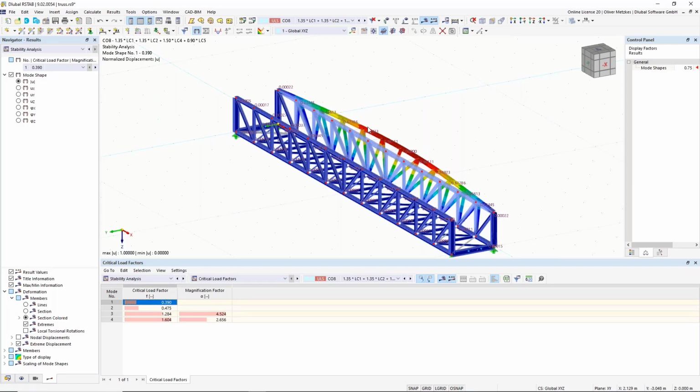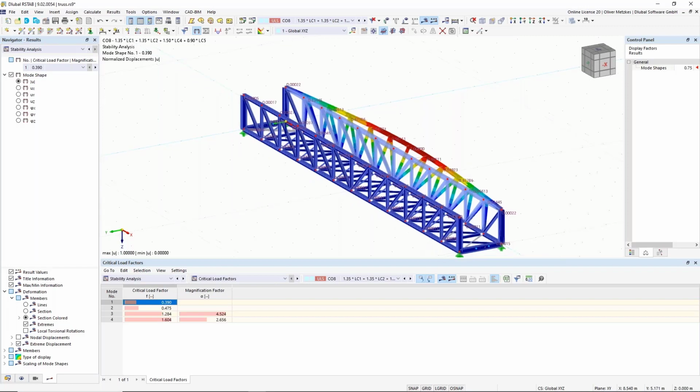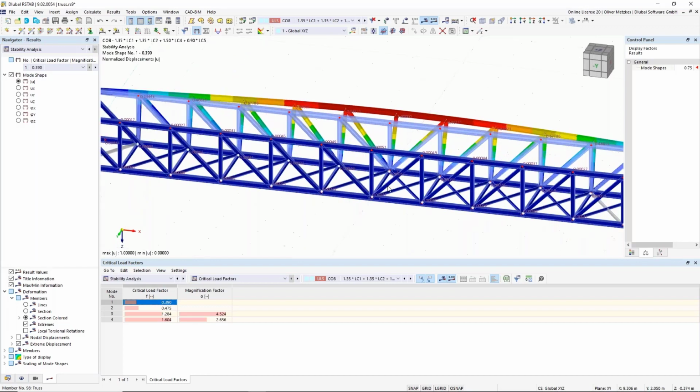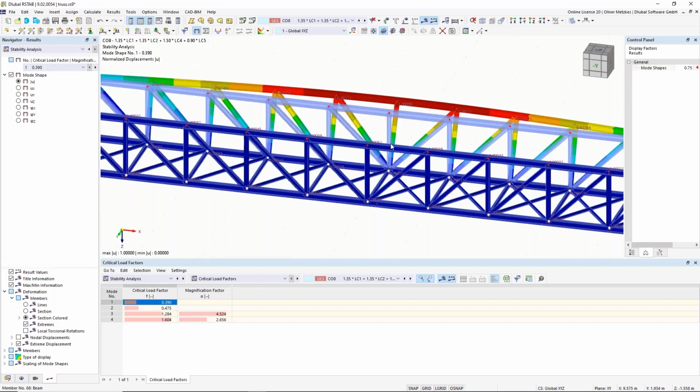That would not be sufficient, but we can now think of ways how we can enlarge the load factor and also the buckling resistance of this member. So what would definitely be good in this case would be to create another frame, just like the end frame, here in the middle of the structure. So in my example, I want to create in this middle another frame